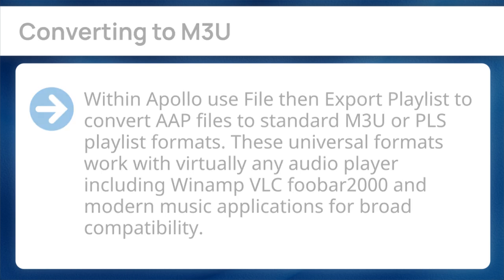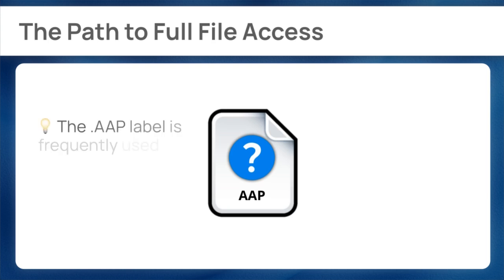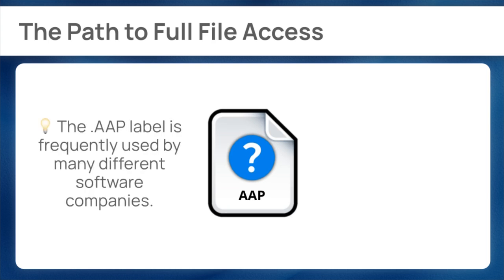Finally, manual inspection. Open the AAP file in a text editor such as Notepad++ to inspect the file structure and extract audio file paths manually. Copy the track references into a new playlist file format compatible with your preferred audio player for continued use of the music collection. If compatibility checks failed, it is likely because the file extension name is shared by different developers